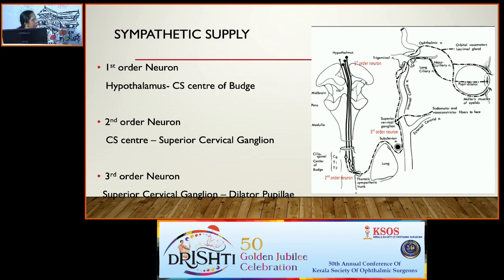Now coming to the sympathetic, so that finishes the parasympathetic pathway. Now coming to the sympathetic supply, which starts from the first order neurons from the hypothalamus down to the ciliospinal center of Budge, from C8 to T2. From here, it passes